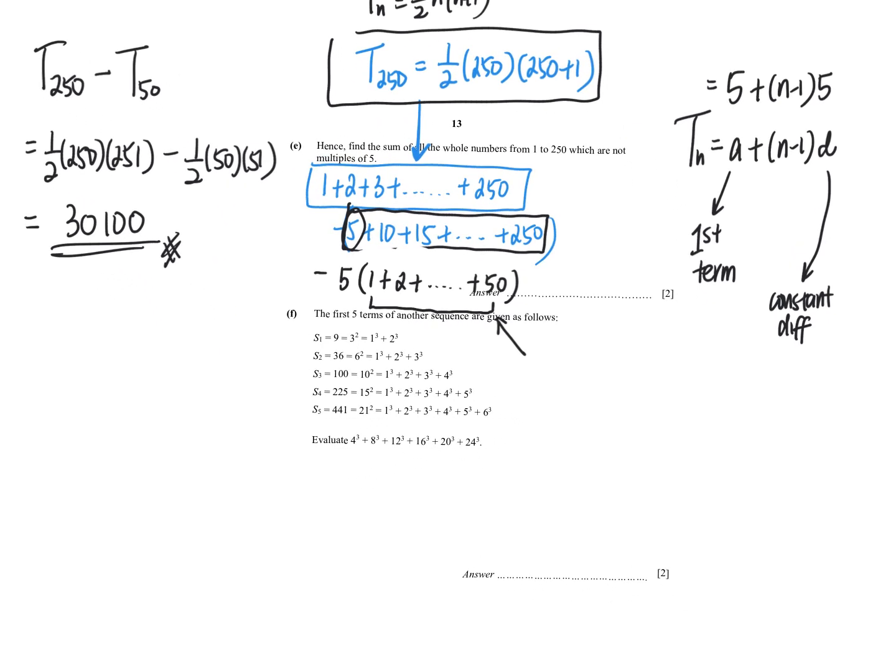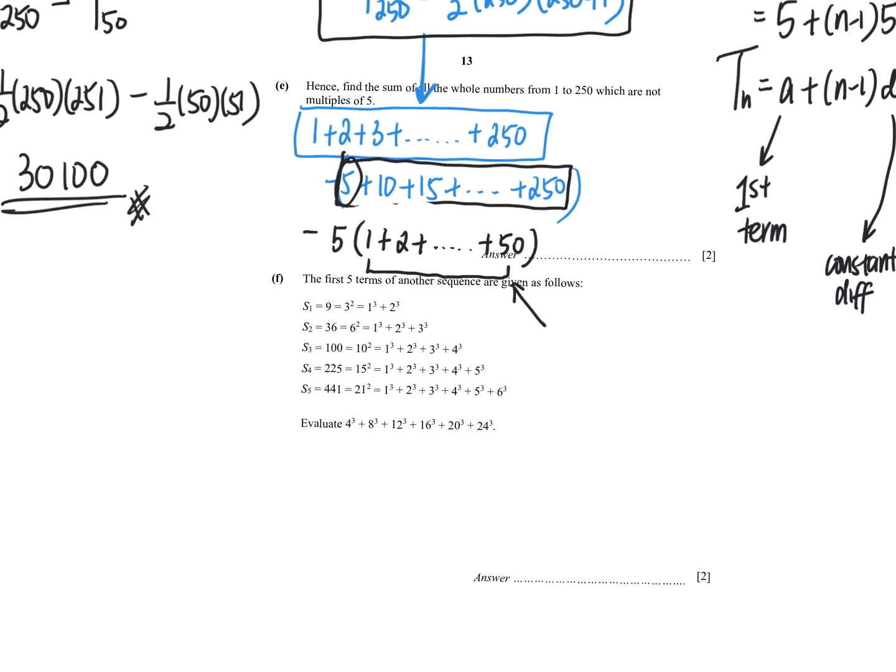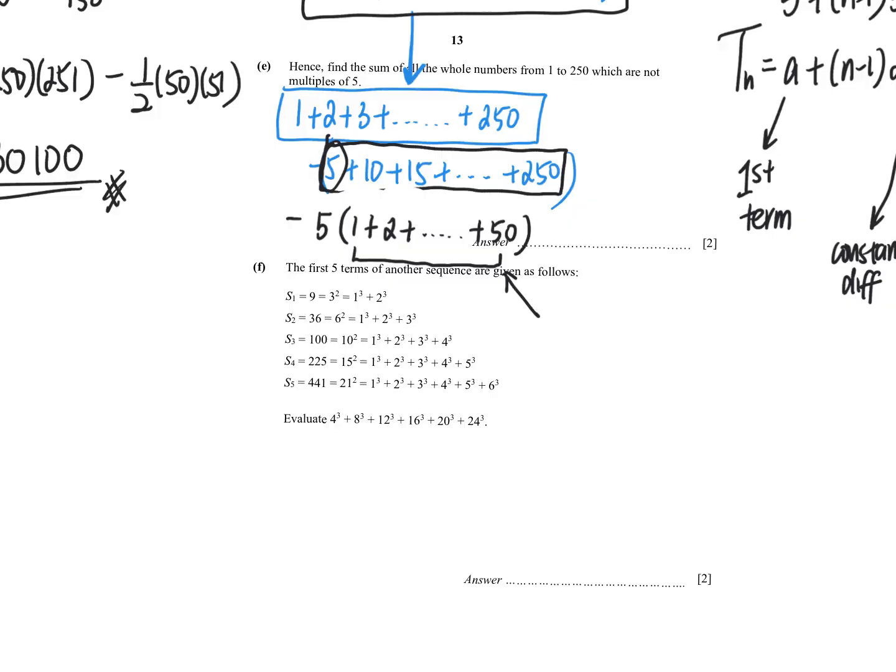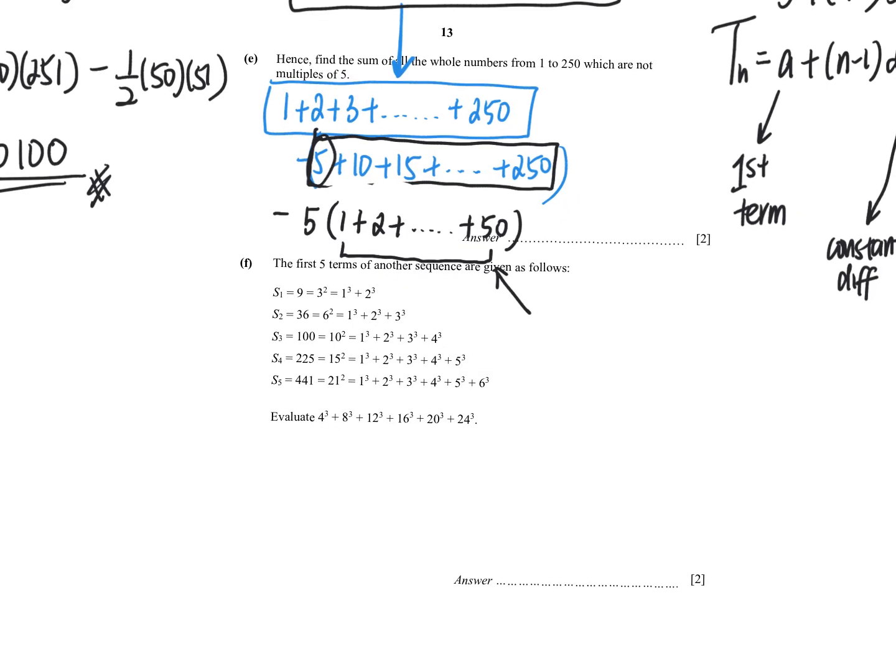The first 5 terms of another sequence are this. Find 4 cubed, 8 cubed. Okay, let's see what this is trying to do. Evaluate what is 4 cubed, 8 cubed, 12 cubed. Can we take out the cube again? Okay, if you take out 4 cubed from each of these,